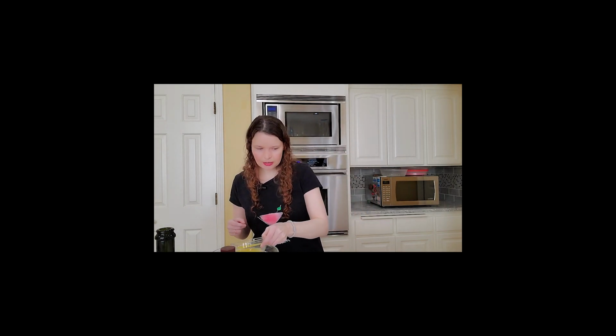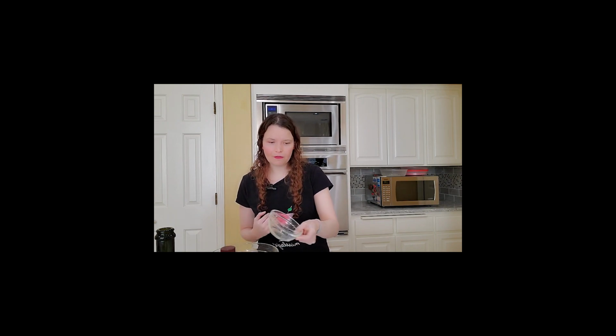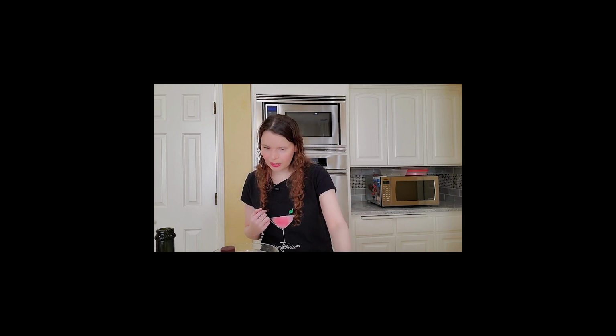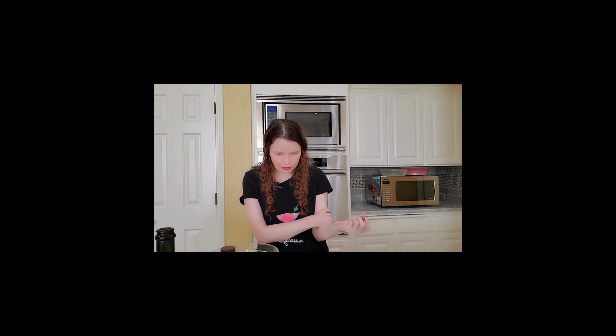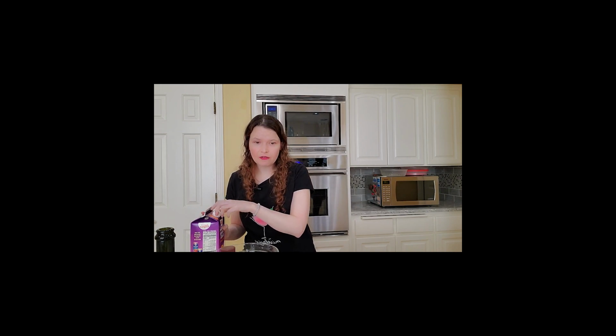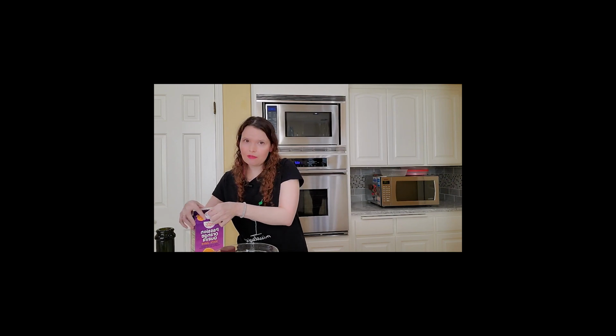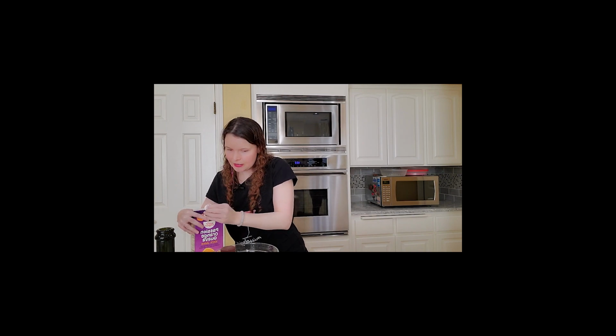Okay, so we have our pineapple juice, and that is 2.25 ounces of pineapple juice. Again, for one person. I'm making it for me only. We need 3 ounces of guava juice and passion fruit puree. You try finding that stuff. I ended up finding passion orange guava, and that's good enough for me. So we're gonna do 3 ounces of that,